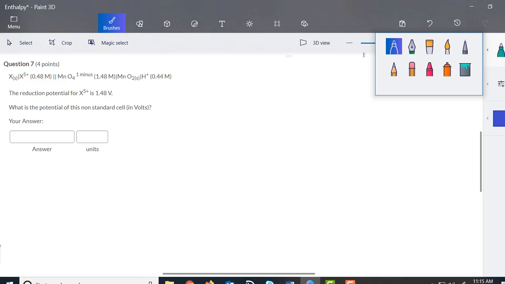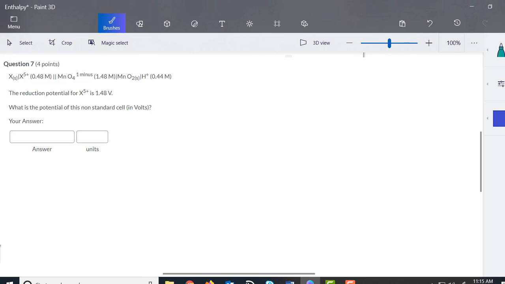So what we're looking at here in number 7 is an E cell problem, so we're using the Nernst equation. We're told here that the reduction potential for X5 plus is 1.48 volts. So your starting point in this problem is realizing that the actual reaction that we have is this one. Now it's X5 plus, which means we need 5 electrons here to neutralize that and have it become X solid